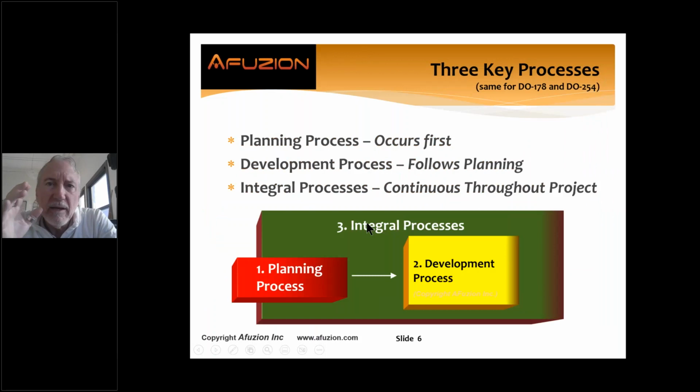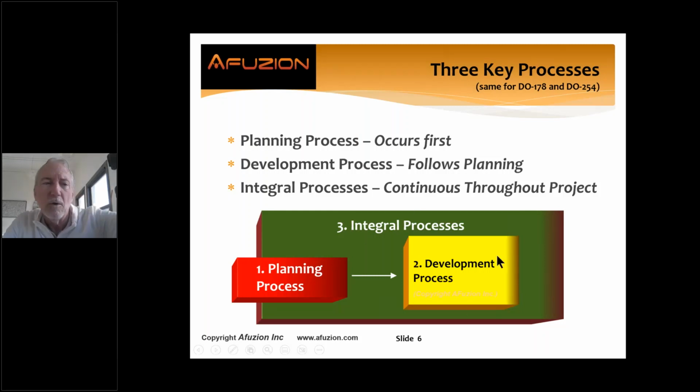Now, planning comes first. That's why we're having this webinar. What are the 5 key plans for software hardware? They're red. They come first. After the certification plan and the other plans are approved, then we can start development. Development is not just software and the hardware. It's first the requirements. Software detail, low-level requirements combined with architecture, that's design, then code, then integration. So it's all of those.